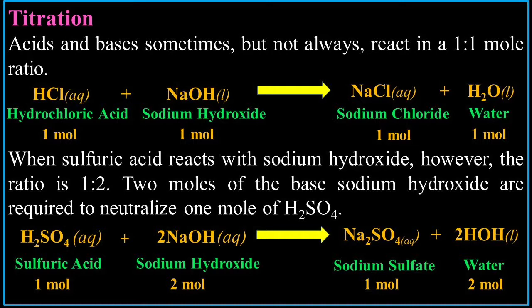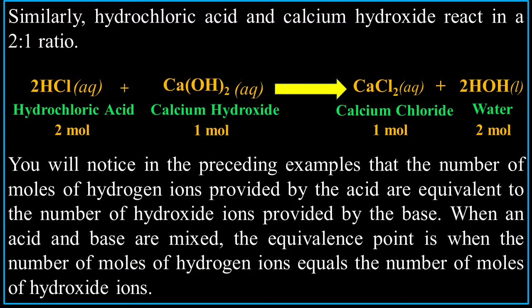2 moles of water. Similarly, hydrochloric acid and calcium hydroxide react in a 2-to-1 ratio. 2HCl plus Ca(OH)2 yields CaCl2 plus 2HOH. Hydrochloric acid plus calcium hydroxide yields calcium chloride plus water. 2 moles of hydrochloric acid plus 1 mole of calcium hydroxide yields 1 mole of calcium chloride and 2 moles